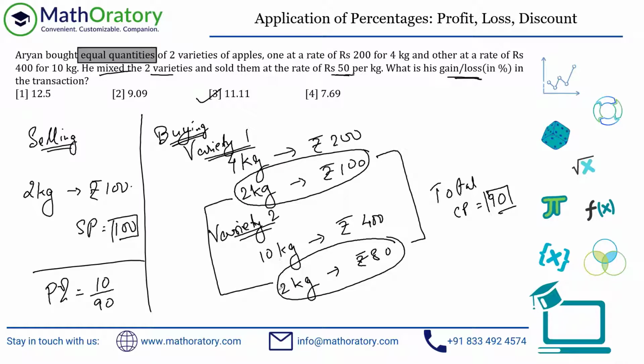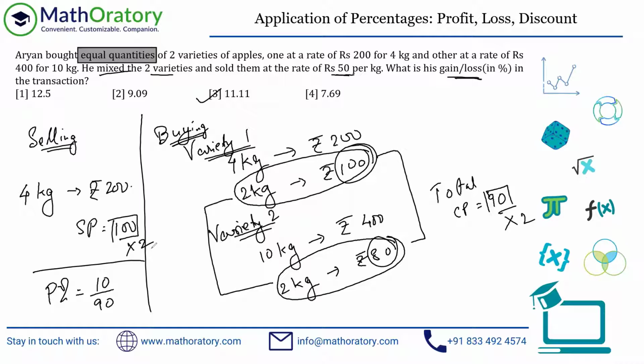Now, when he's mixing these two things, so he's getting a net of 4 kilos, right? So this will become 4 kilos. And using this in the question, 50 rupees per kilo is the selling price. So this value should be 200. So as you can see, as soon as I've doubled these two quantities, what effectively happened is this total cost price has become 100 plus 80, which is double of the previous case. And even the selling price has doubled, right?